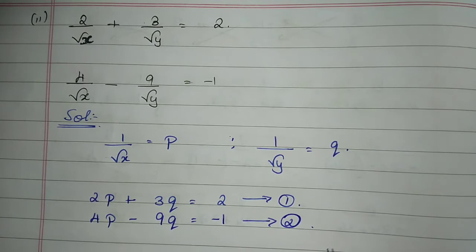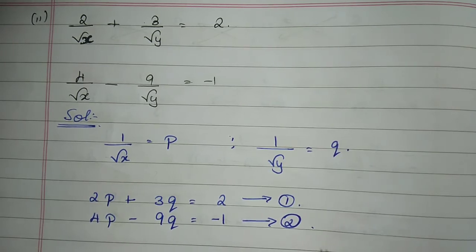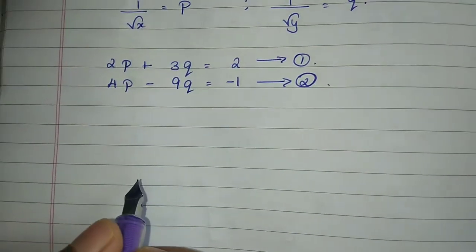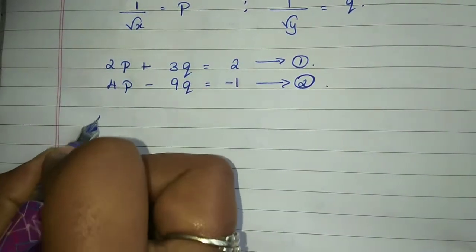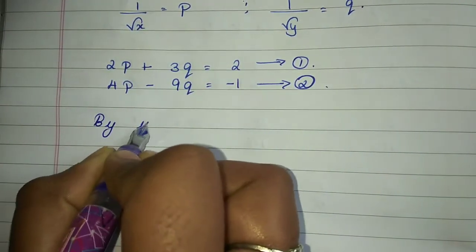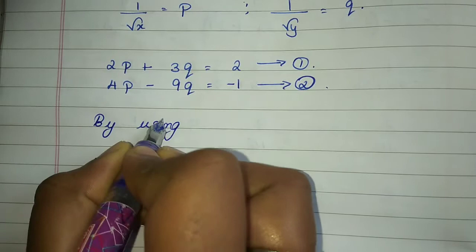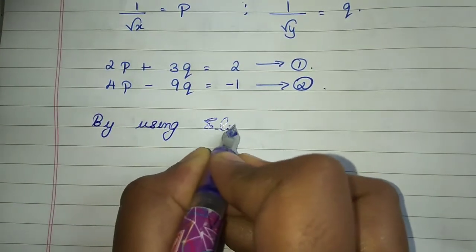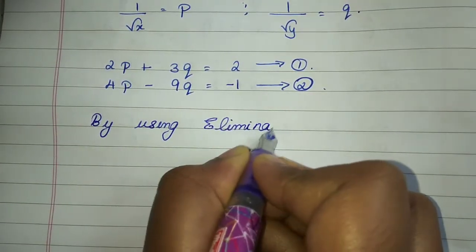So now let us use the cross multiplication method or elimination method or substitution method. So whichever is easy you can do. Now I'm going to use the elimination method. Since no method is mentioned, you can use any method. So now by using the elimination method,